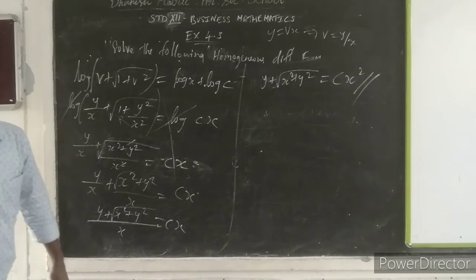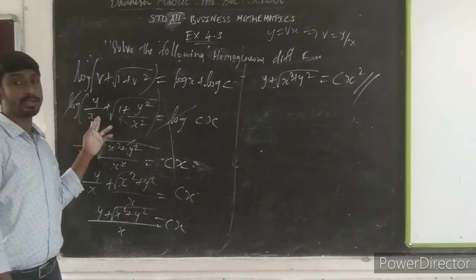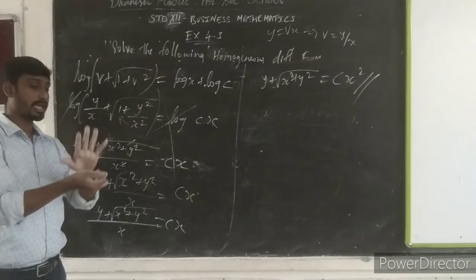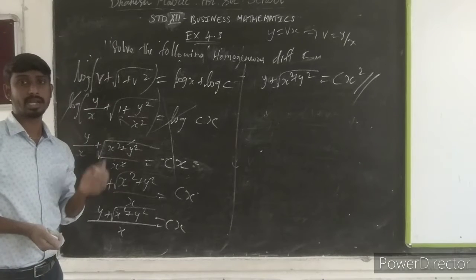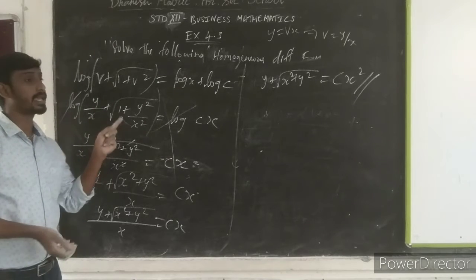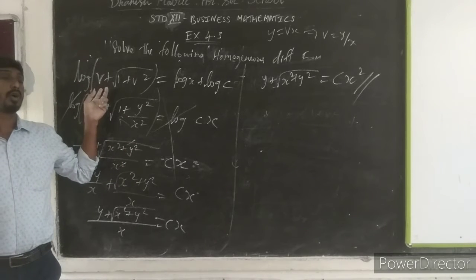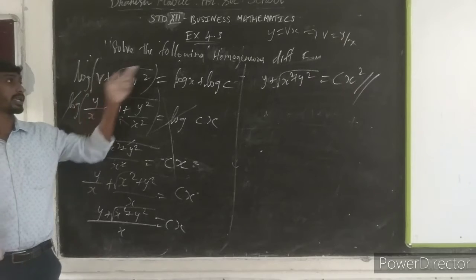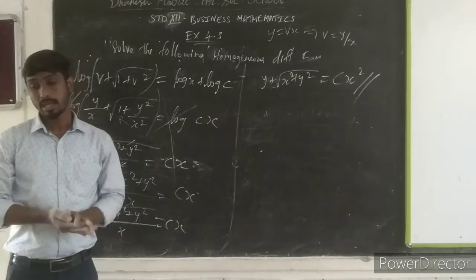Okay. So the same procedure we are applying again. First we substitute y is equal to vx here. Now differentiate that one, so applying for the y value, that will be vx. Then substituting for v, we get the v value, that will be y divided by x. We are getting this answer.